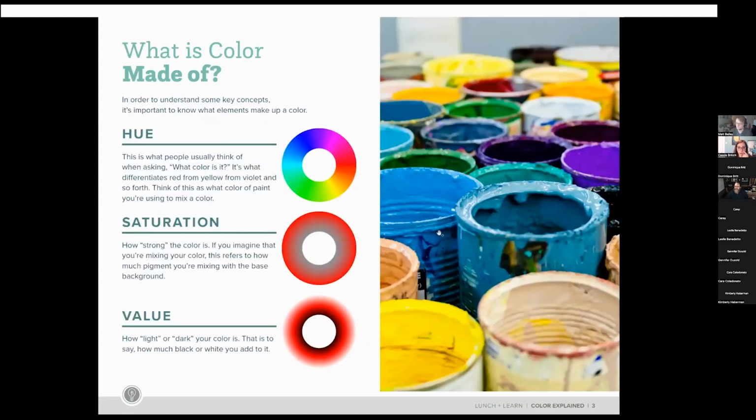So now we've got everyone's basic question of what does my favorite color mean out of the way here. Let's talk about what color is made of. And obviously, color is made of, like, color, that's it. But conceptually talking about